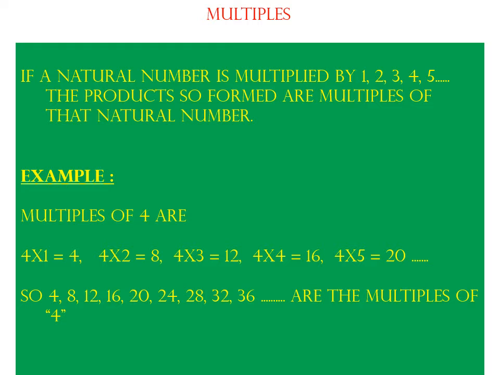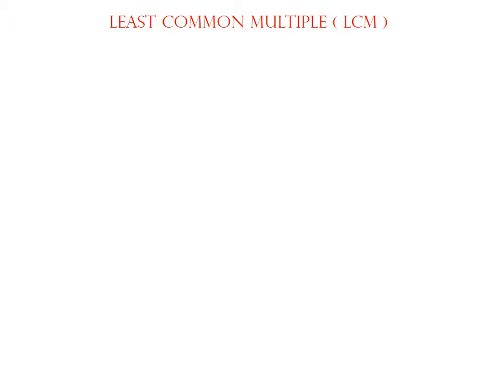As natural numbers 1, 2, 3, 4, 5, etc. are infinite, the multiples of a number are also infinite. So as an activity, you write the multiples of 2, 3, 6 and 7 and observe their properties. The multiples of a number.